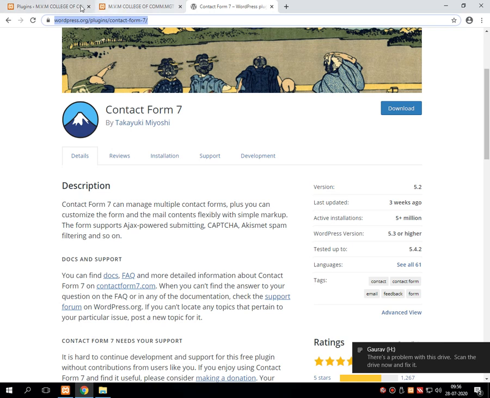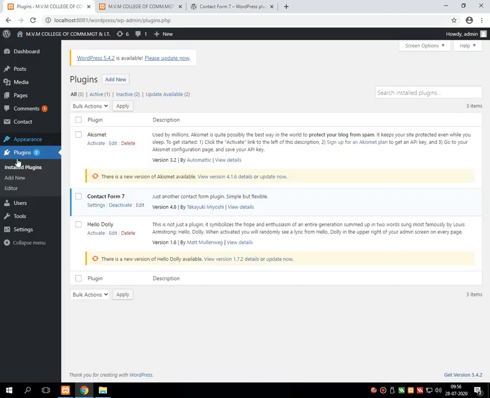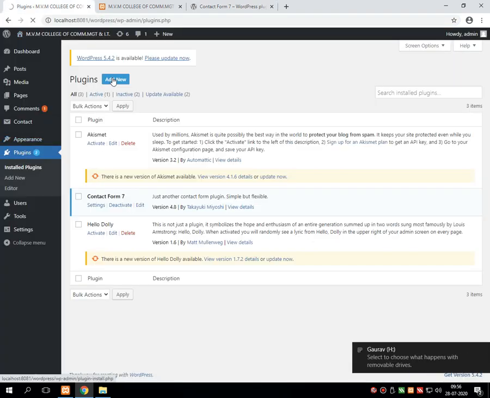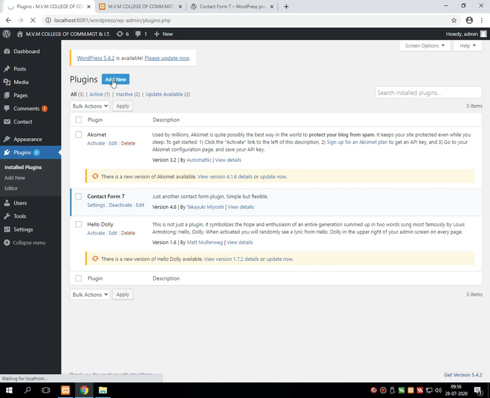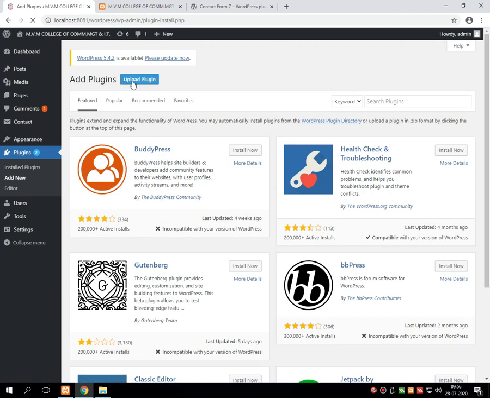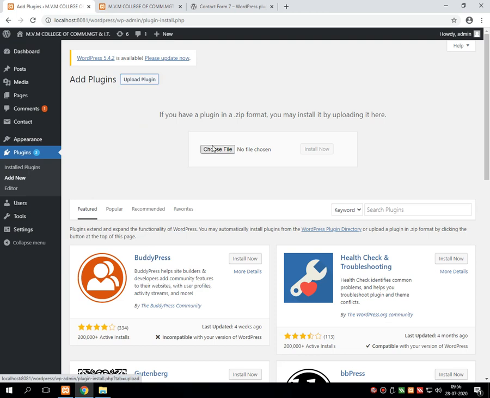For the process of installing a plugin, in the plugin section we went to the add new section. Then we clicked on upload plugin, and it asks for selecting the file.